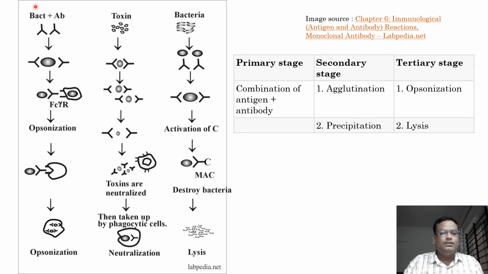Here, this is the picture where you can see the antibodies. This is bacteria. The surface antigens are identified by the antibodies, and the antibodies will bind to the antigen. That means the antibodies are going to bind to the surface of bacteria. When large number of antibodies are bound to large number of bacteria, it will lead to agglutination or clumping. These antibody bound bacteria are identified by immunologically active cells, the cells which are capable of destroying the pathogen.